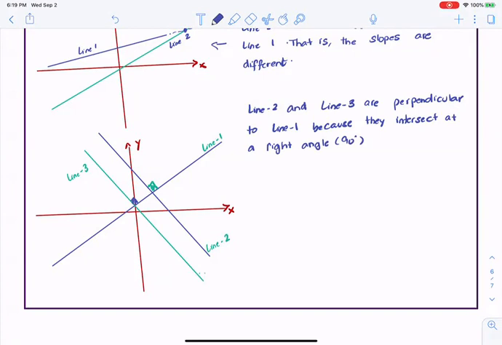So clearly, if one line is increasing, the line perpendicular to that line has to be decreasing. So you can see that line 1 has an increasing slope, line 2 and line 3 are perpendicular to line 1, so they are going to have a decreasing slope or a negative slope. So it has to change. So the signs of the slopes of two perpendicular lines are negatives of each other. So the important remark here is